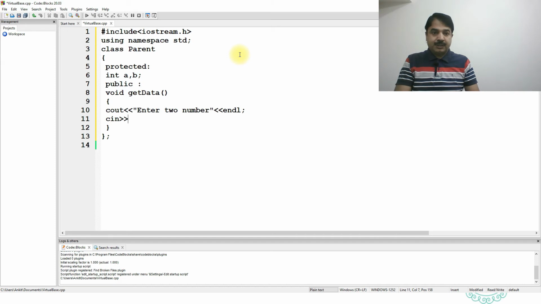Cout enter two numbers, cin A and B. This is our parent class or base class. Let's try to create two child classes using the same parent class. Class child 1 public parent. First we will see what happens if we are not using the virtual concept. Public